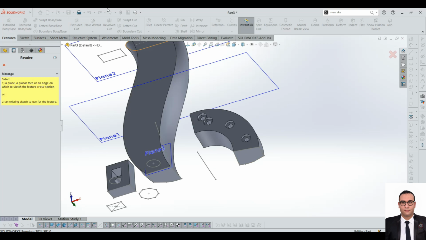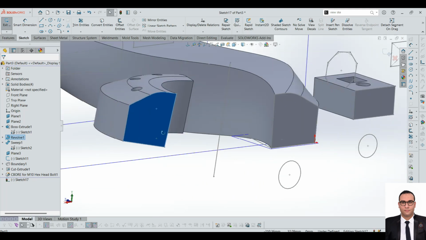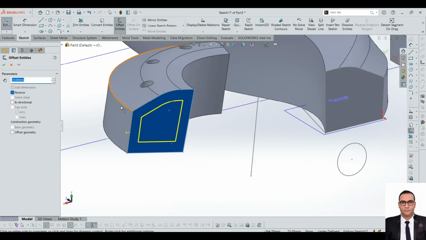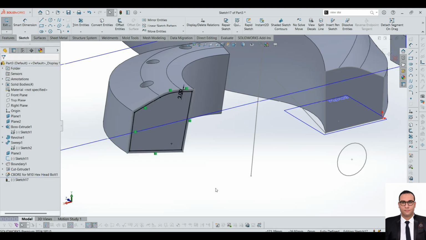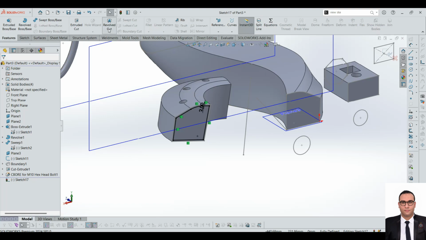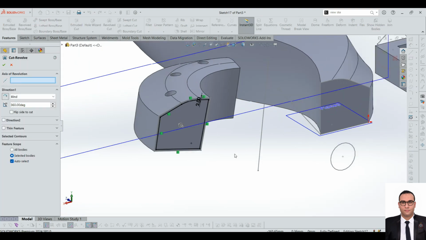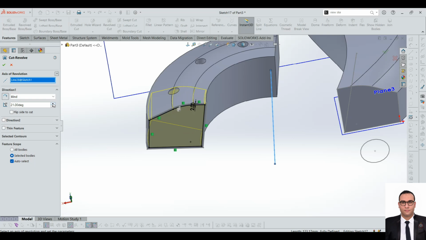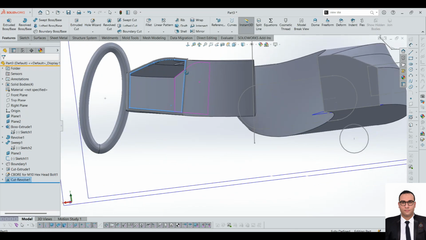Okay, now we push this feature, and it tells us we must select a plane, and if we go to this surface here, we can do an offset quantity, and we can select reverse to give us this sketch, but on the reverse side. Understand? Okay, and we can give it a distance here of 2. Okay, done. And we can manipulate this feature right now. We must give it an axis of revolution, as you see here, and we can give it a degree as desired, 15 degrees or maybe 50, or maybe let's give it 60. Okay, done. As you see here,